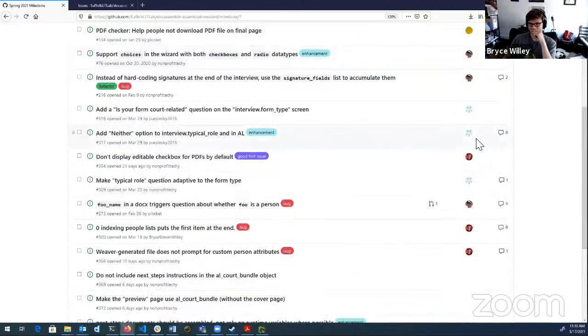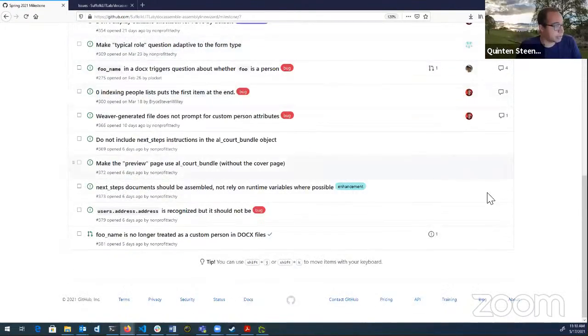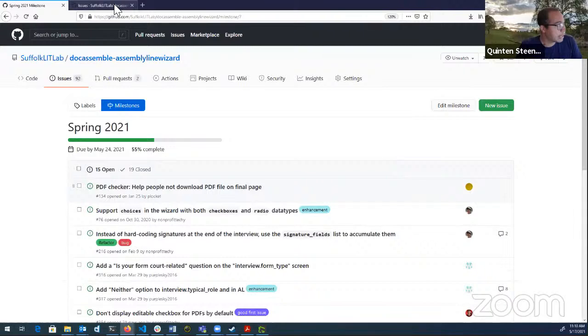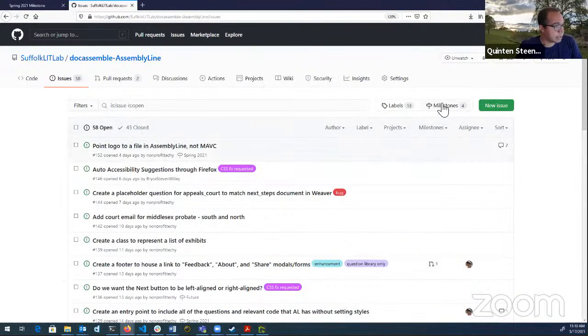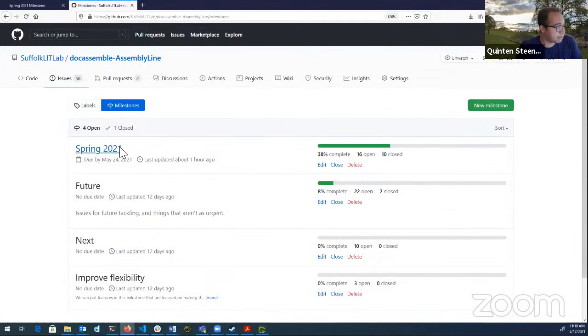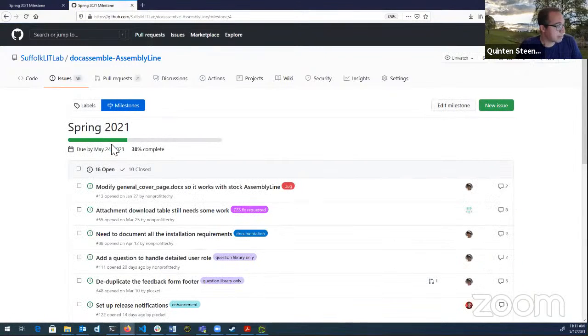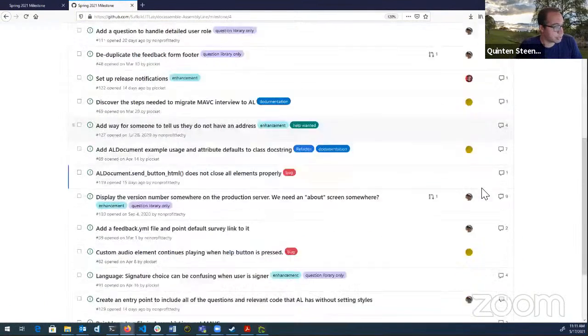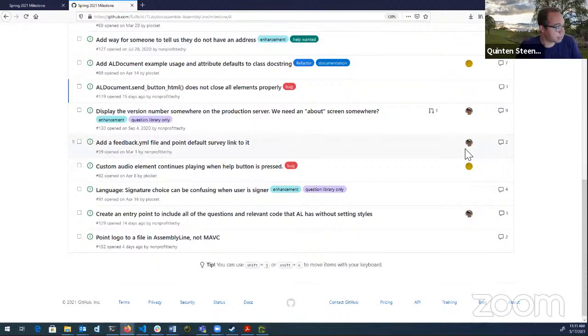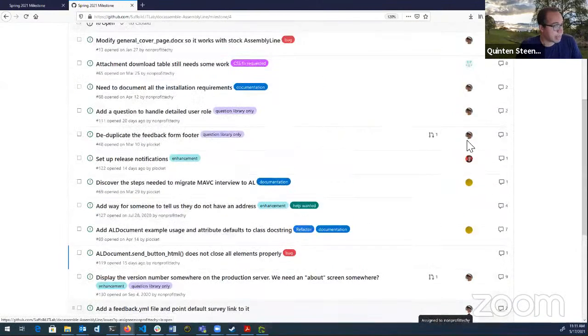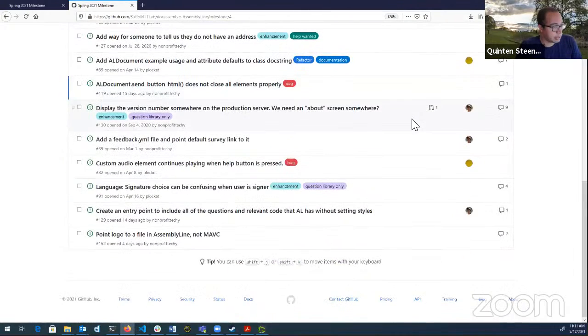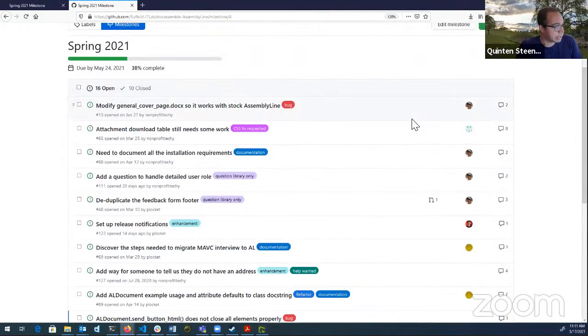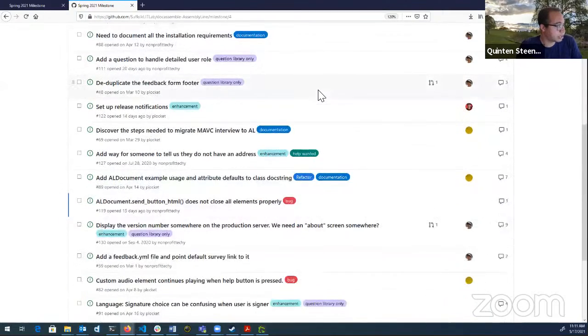Pretty even spread in terms of who's working on what for the weaver. For the runtime code, we have about the same number of open issues, about 16 open issues, 2 that have pull requests for them. I think a lot of these are relatively small. And it looks like there's a spread of documentation type issues, investigation issues,